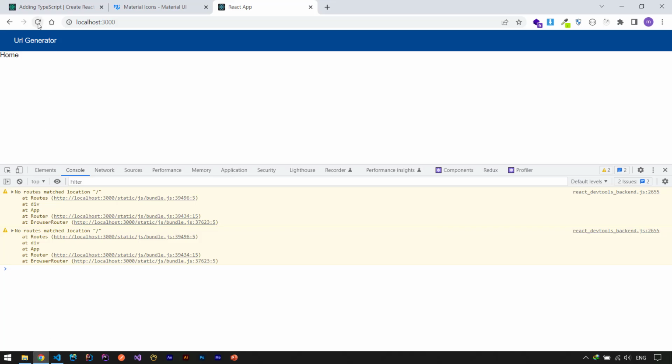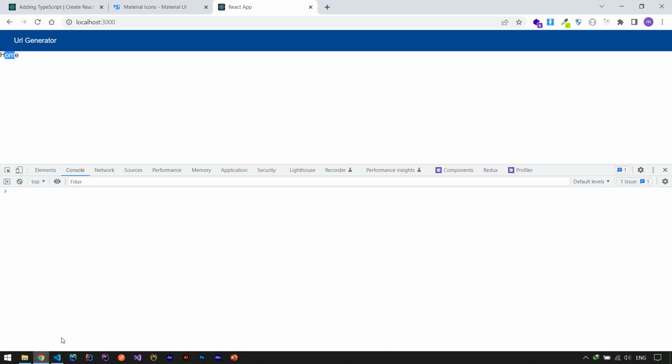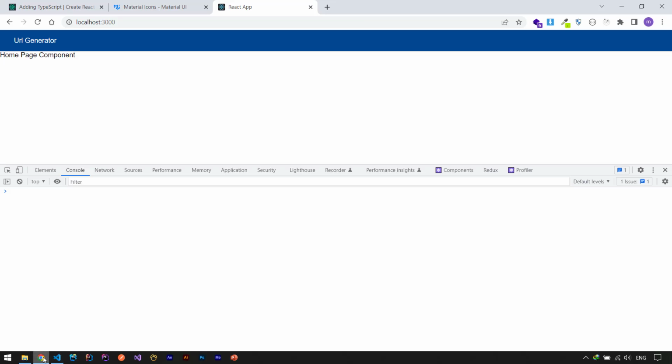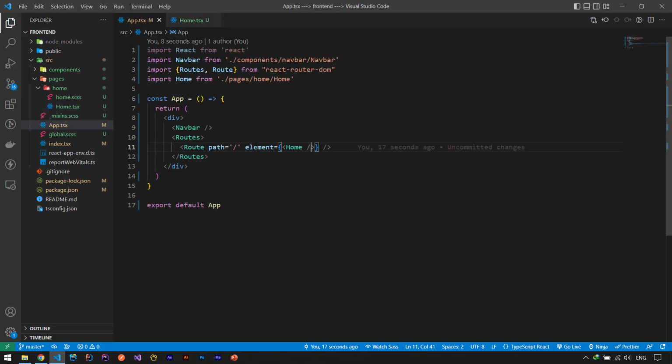So let's check. Okay, the home is imported. Let's check to be sure. This is my home page component, and that's it. So now we imported this page, and we need to have some other routes, but let's first